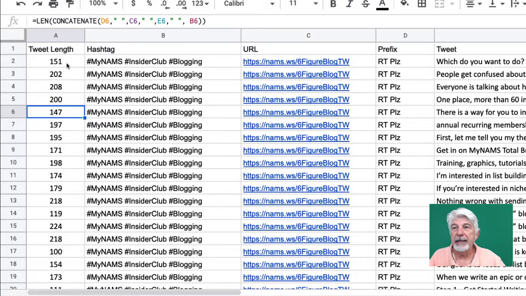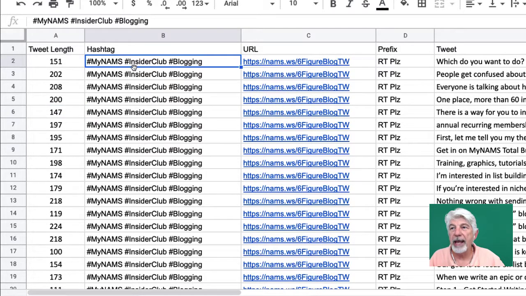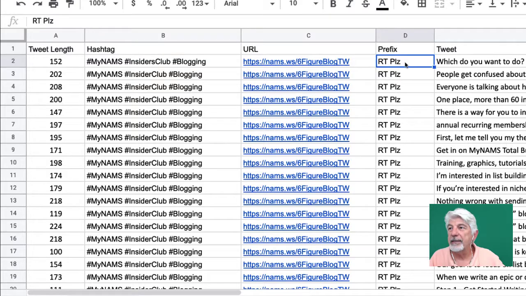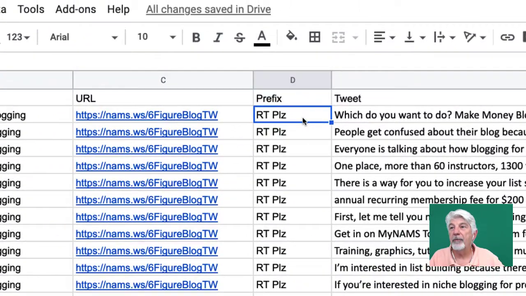It calculates the length of that tweet based on what you have in hashtags, and I have MyNAMS, Insiders Club. Whoops, that's insiders, not insider. So I have to fix that. And the URL that we want to send them to. And then this prefix here is kind of interesting. RT, please, is the focus of our